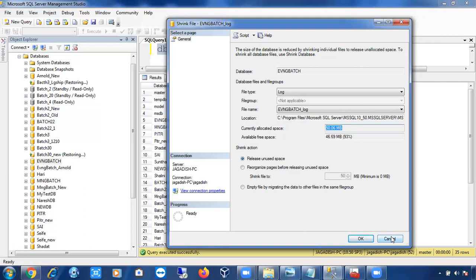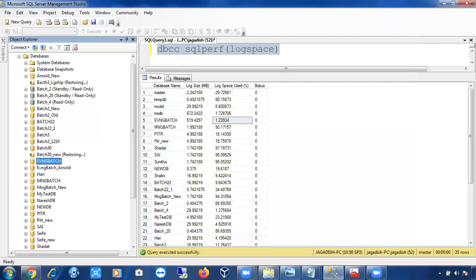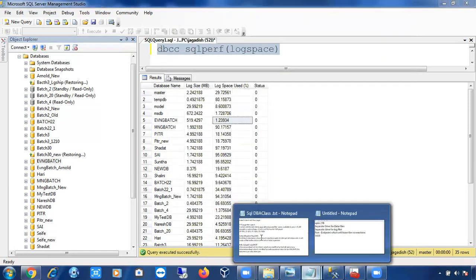Sometimes whenever the application team is running any transactions in the database, it will be very difficult to shrink the database. You have to follow a lot of practices. I'll tell you the best and worst cases of shrinking the log file, because that is a regular activity in the organization. So we'll go inside the log file now.